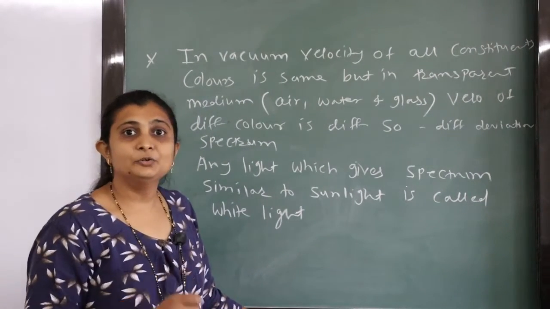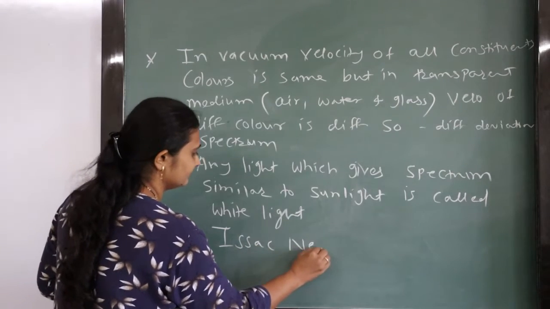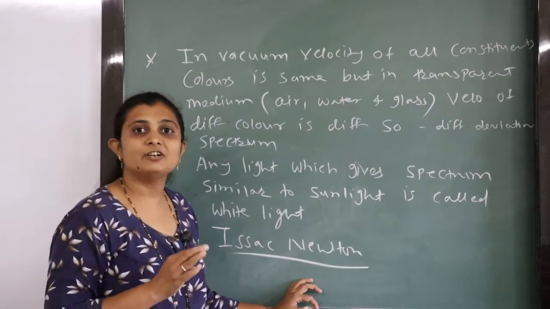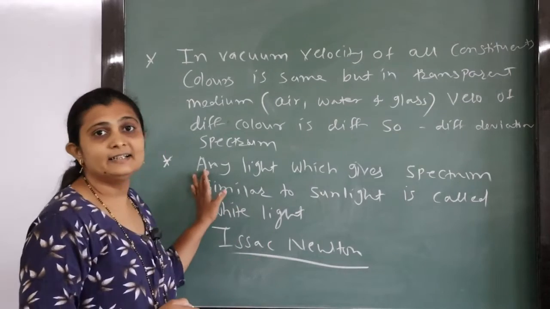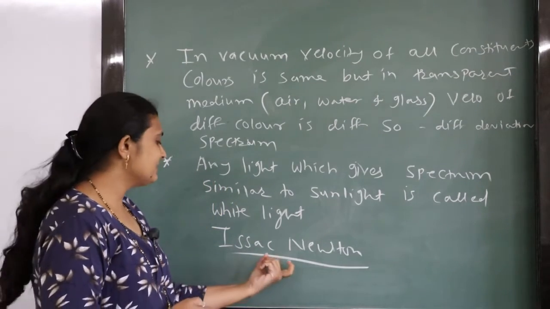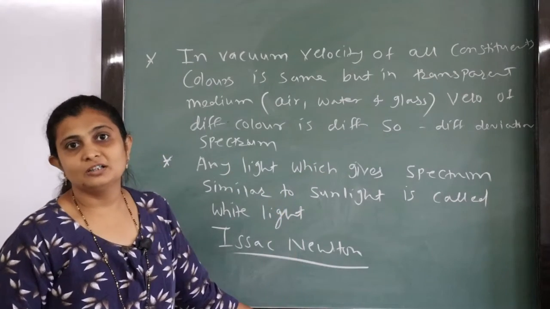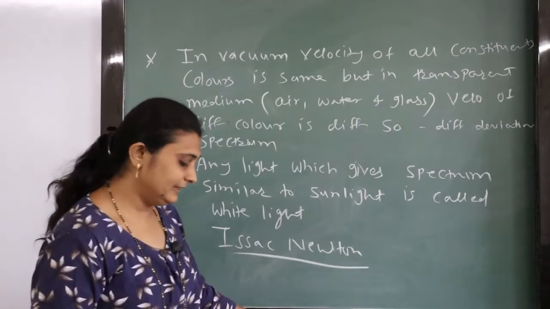Now Isaac Newton is the first scientist who told that white light is made up of 7 constituent colors. This is the first scientist. Isaac Newton showed that. That experiment is also called Newton's experiment. Now another experiment of Newton is,